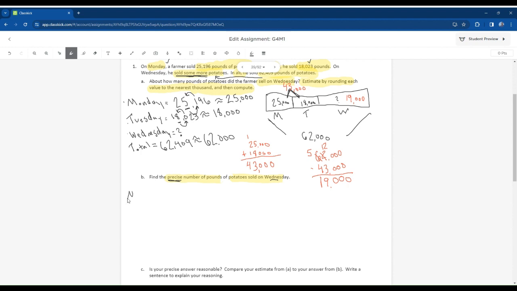So again, Monday, we have 25,196 pounds. Tuesday, we have 18,023. Again, Wednesday we don't know. That's what we need to solve for. But I do know the total, which is 62,409. And again, to use the tape diagram,